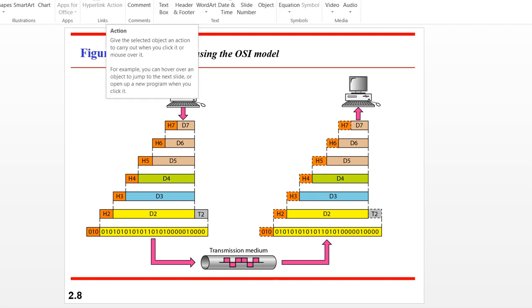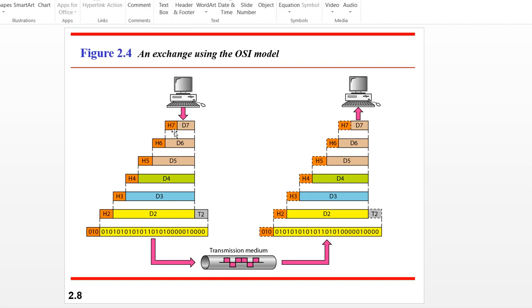Here you can see there are H7, H6, H5, H4, H3, H2, which are some namings or labels they have made. On the receiver side also, H7, H6, H5, H4, H3, H2, and on the other side D7, D6, D5, D4, D3, D2.